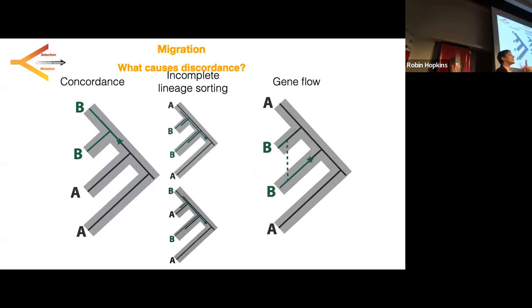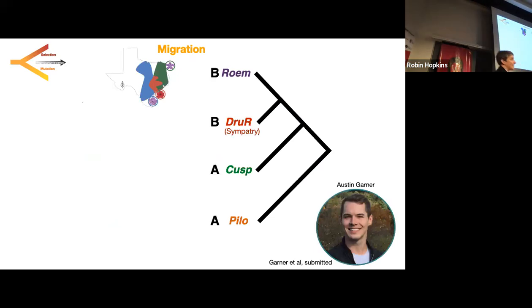Gene flow is subtly distinct from that. In this case, we would imagine a scenario where a B allele evolves on one lineage, and then by gene flow, it moves into the non-sister species. What's important about this is that it will only show one of the two patterns. So in this case, we get only ABBAs from gene flow between these two lineages. If we see a lot of ABBAs and fewer BABAs, we can infer that this is consistent with gene flow happening between those two lineages. ABBA, BABA, now we're at the 70s dance party, but let's go back to Texas Phlox.